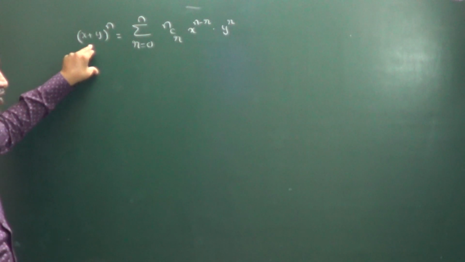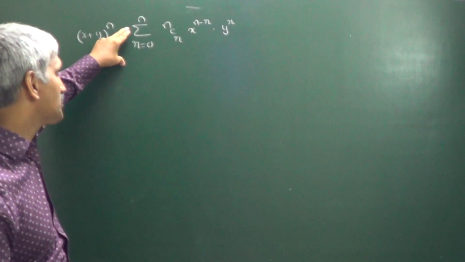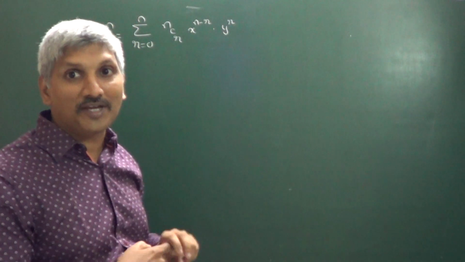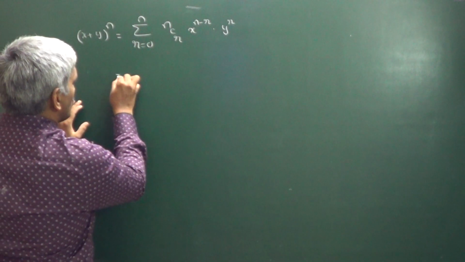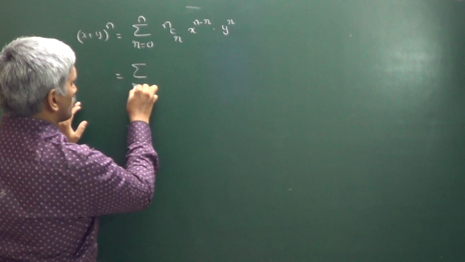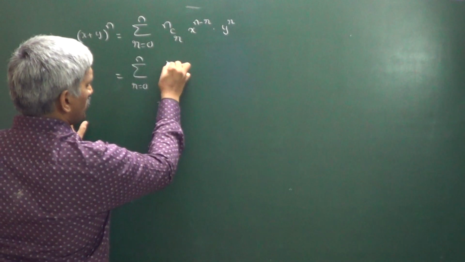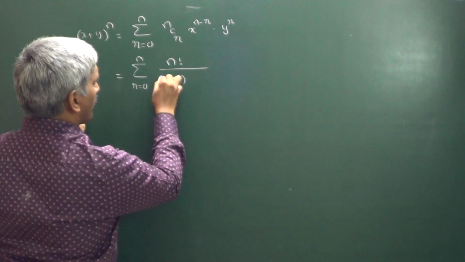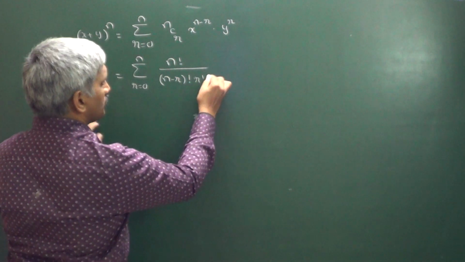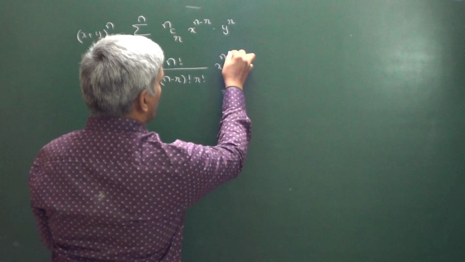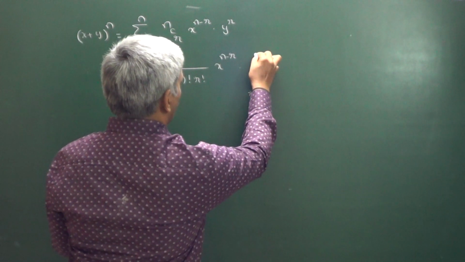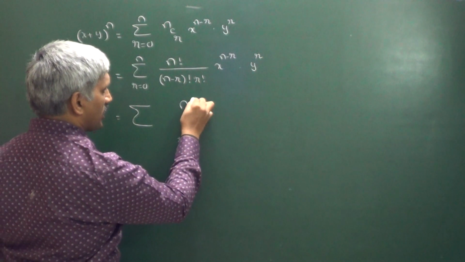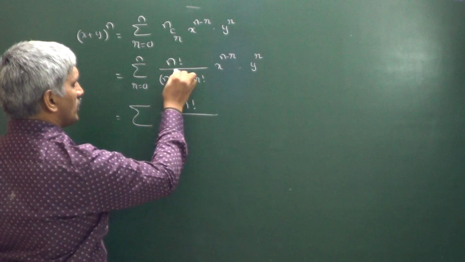(x + y)^n, you know the expansion: summation r = 0 to n, nCr x^(n-r) y^r. The same we can write in this way also: sigma r = 0 to n, nCr we can write as n factorial divided by (n-r) factorial into r factorial, into x^(n-r) y^r. Now observe here, summation n factorial divided by, I am assuming this one as